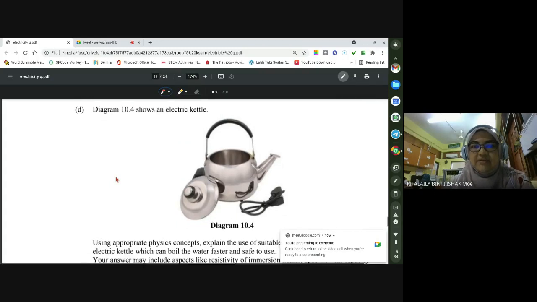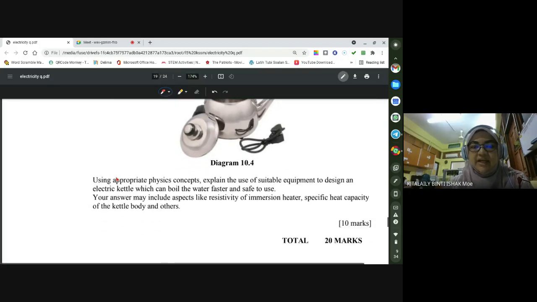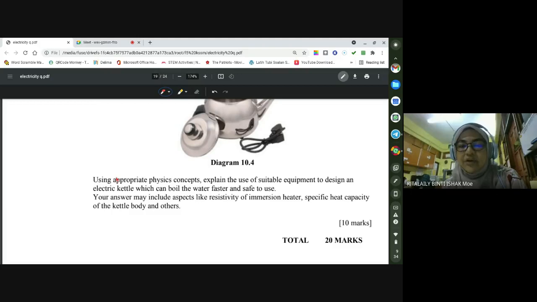We have an electrical kettle. We are to modify the suitable equipment to design an electric kettle that can boil water faster and safe. So boil water faster and safe. Your answer may include aspects like resistivity of the immersion heater, specific heat capacity of the kettle body, and others. Okay, so Yoshini,